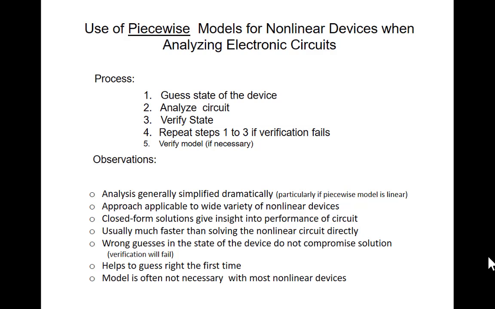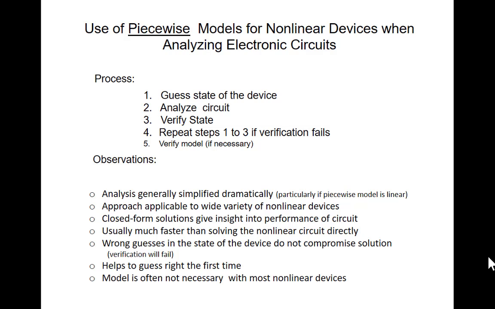Okay. So here's a summary of the process. And in some cases, we don't have to verify the model. Sometimes we only have one model. If you only have one model, you only have to go through this once. You don't have to verify the model. So again, this applies anytime you have a piecewise model. The model we have for the diode here